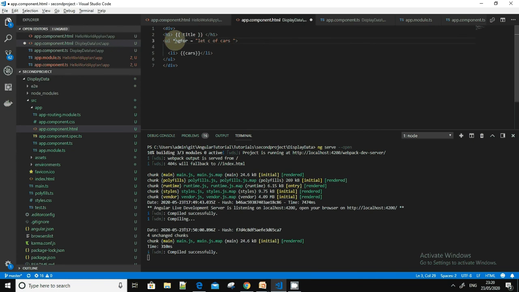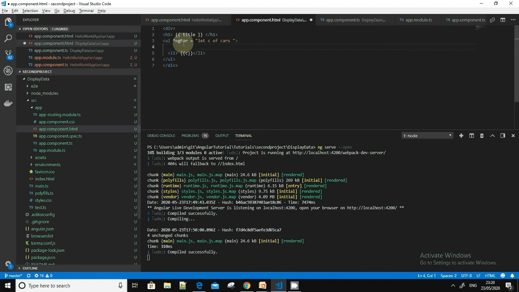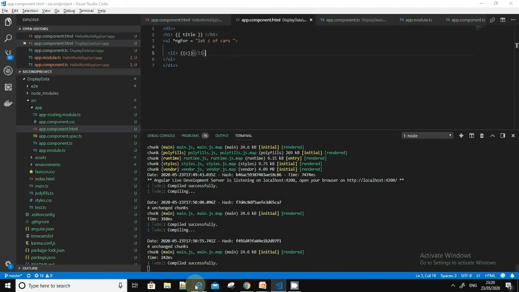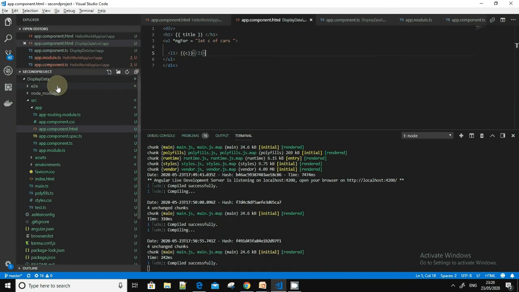So right now the cars array will get iterated, and every value will get stored in c, that is a variable. In the first iteration c would be, as per our array, City, then Nexon, and then Scorpio. One by one it will get iterated and printed. So I'm just saving it and going back to the application. If you see, the values got displayed here, right?